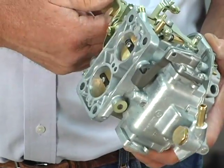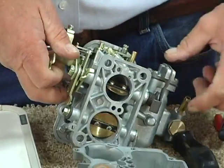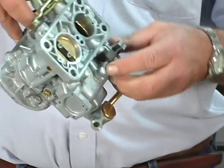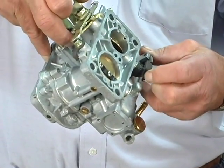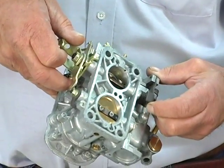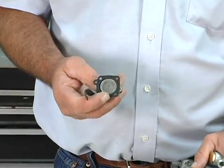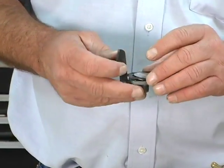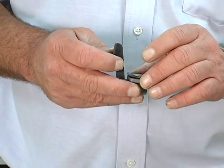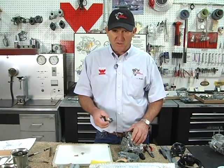There's not much you can do to change that. We have had people increase it by doing things like building that cam up a little higher and getting a little more pump squirt. These are some of the real guys that are just really into tuning these things. A fresh diaphragm helps a lot. And by the way, with today's fuel, with the additives, and the fact that today's fuel is designed to never be exposed to the atmosphere,